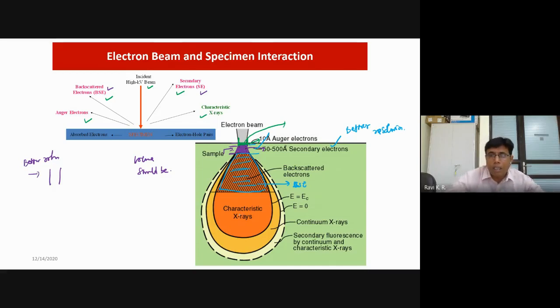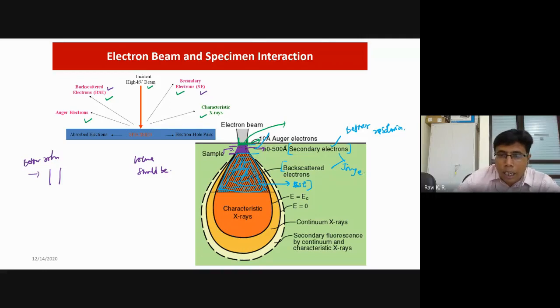Why this is better, in terms of coming from the top of the surface, we'll discuss a little later, maybe not in today's class but in the next class. Both are used for imaging, but the backscatter electron is used for a slightly different application, in a different context. In general, when we talk about an SEM image, it is more of the secondary electron, but we do need a backscatter electron image also in many cases. We'll also try to understand the fundamental principles of both; those are completely different.